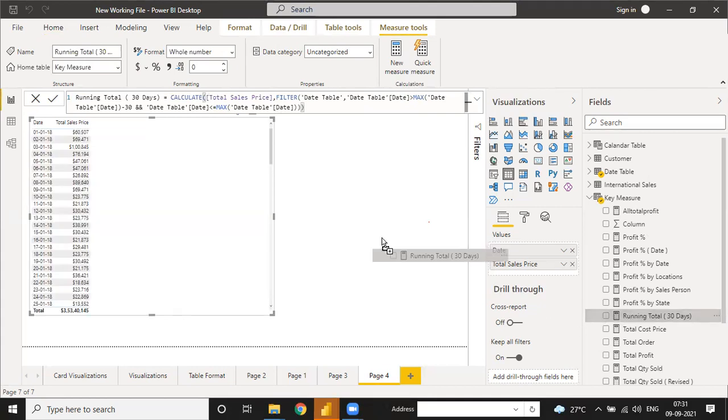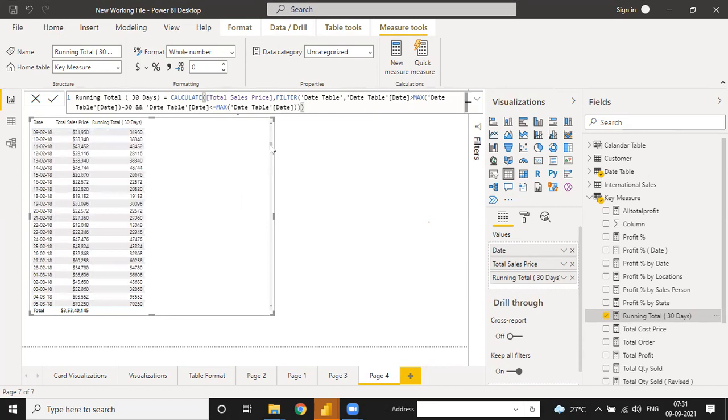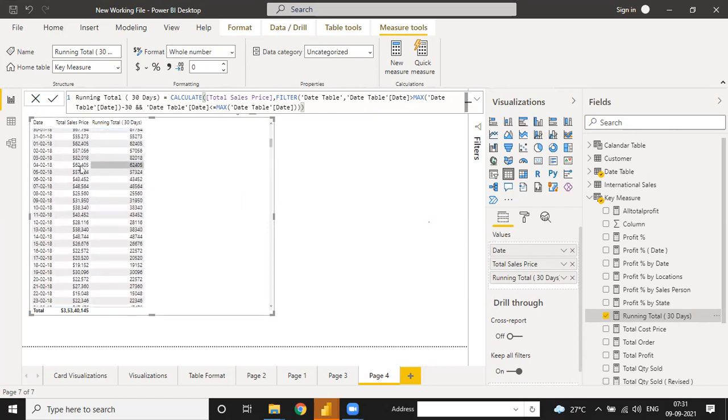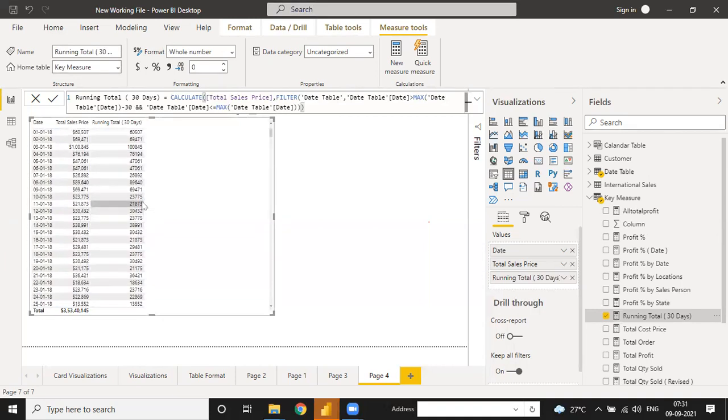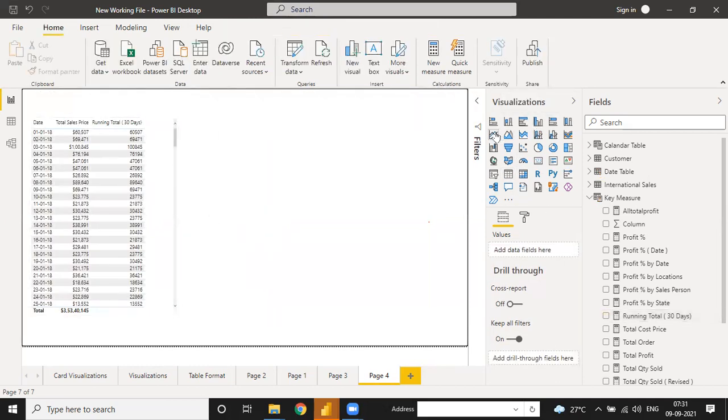Now it's showing the running total of 30 days. See the values of 60, 69, 1 lakh 76, 47, and when you go to the 30 days, suppose 1 to 30, it will show you the complete running total, and go to 31, 32, 33, 34, all the values in the running total are there. Now it is a great formula, and now when you click on this line chart,